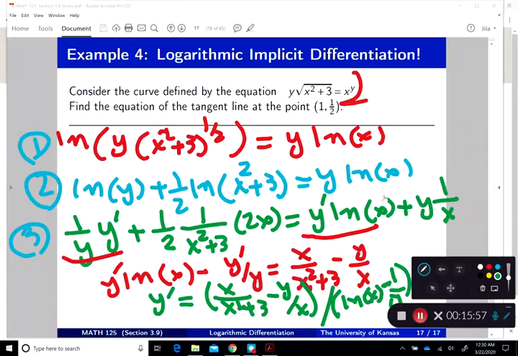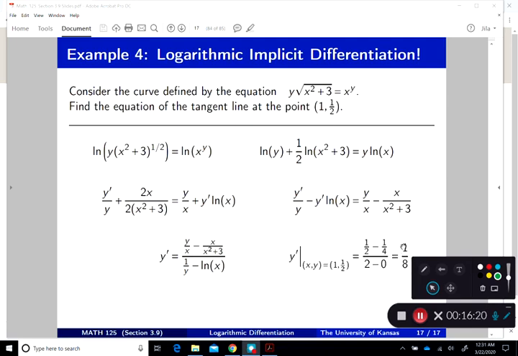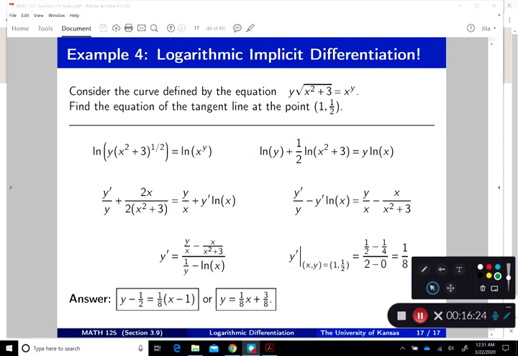Now let's plug in the x and y values in here to find the slope and then find the tangent line. Okay, this is the derivative that we found. We plug in x equal to 1 and y equal to 1/2, and then we figure out the slope is 1/8. And the last step is to find it using this